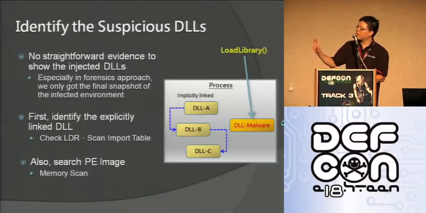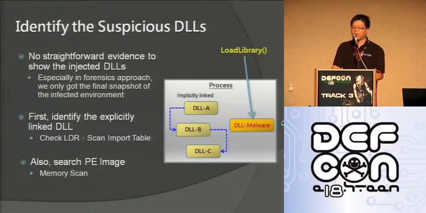So what you see on the graph, normally a process will involve a lot of DLLs where they are implicitly linked. But if there is a DLL that is explicitly linked, it's very likely that it's a suspicious DLL. And that is how we identify a suspicious DLL. So that's what we call, we check the LDR, and then we scan the import table, try to find the